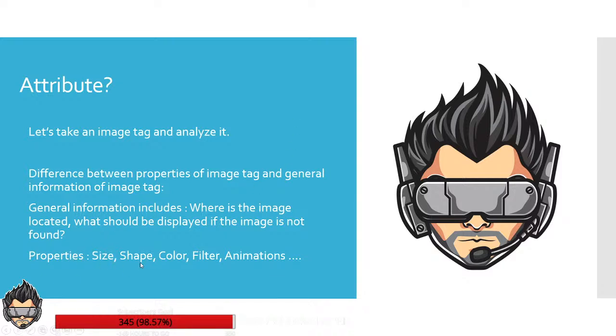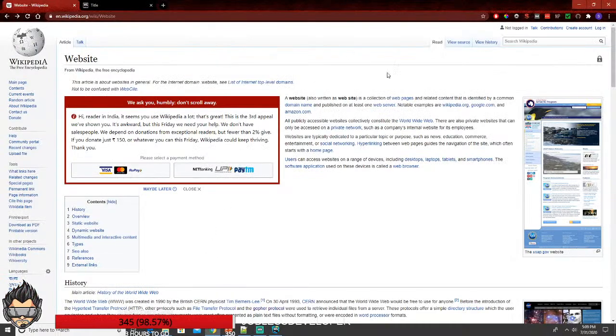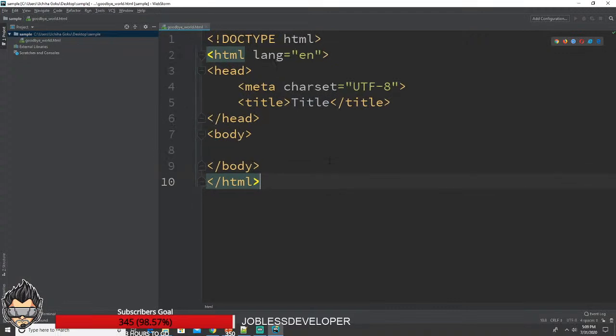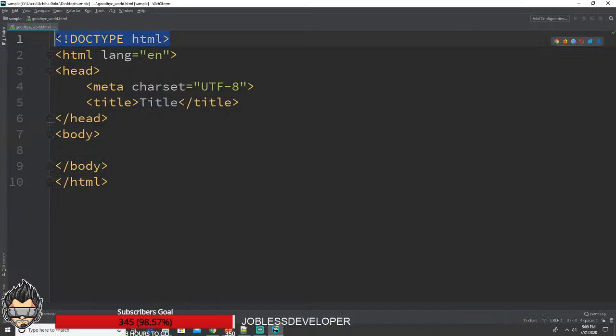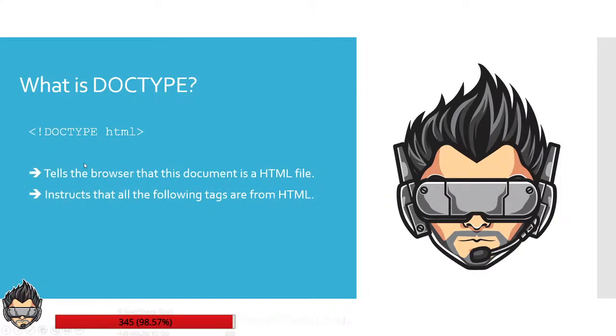See, shape, size, color, filters, animations, all these things come under the attributes. The first thing we need to look at is, now that we know every tag has an attribute, I will tell you why I talked about attributes, because there is something you need to look at first. Let me zoom in more. Yes, the first line, doctype HTML, it tells the browser, let me go over here itself,